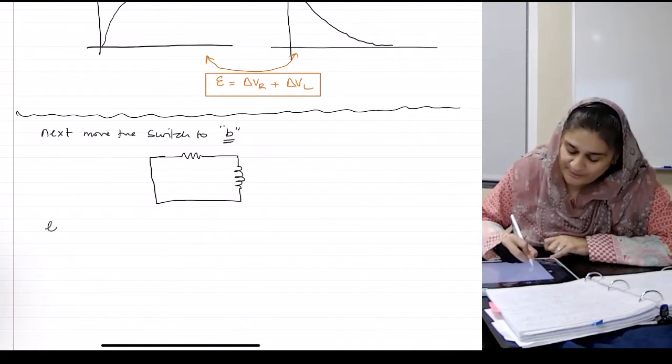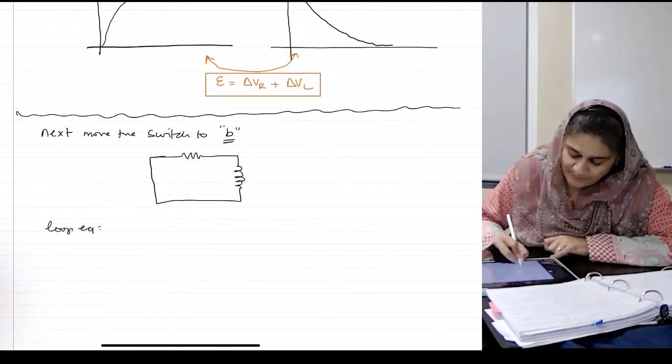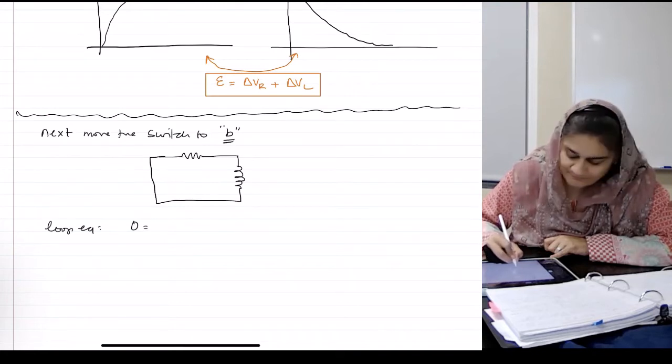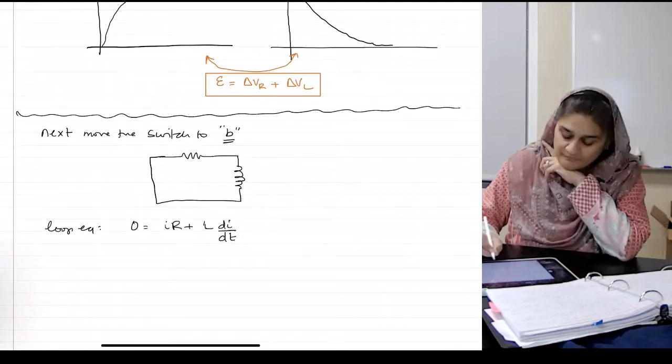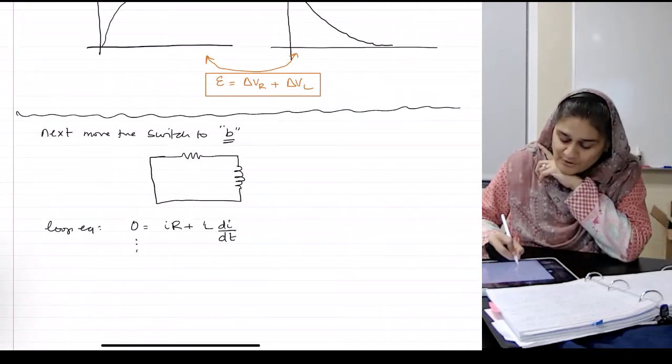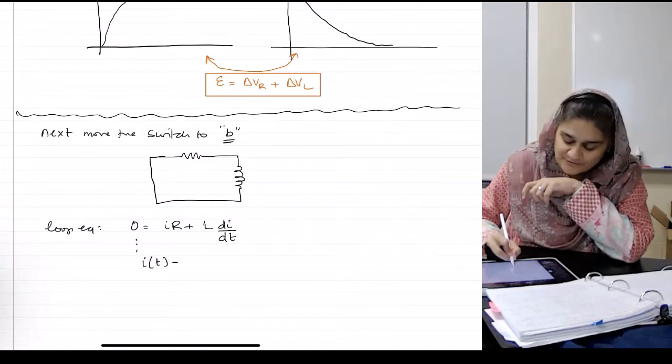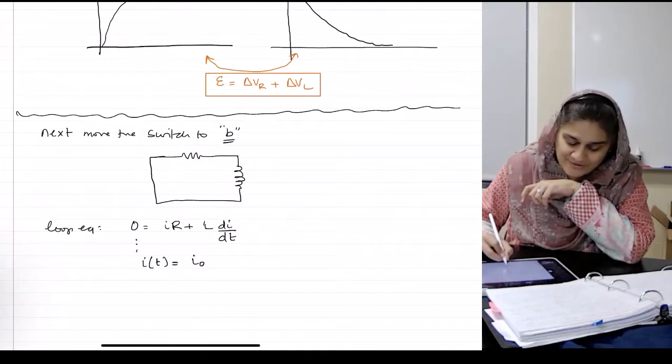So your loop equation will become L dI over dt plus IR equals 0. Or once you solve it, I as a function of time will just be I0 e to the minus t over tau L,